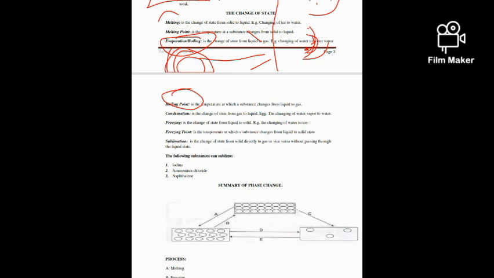Okay, we also have what we call condensation. So condensation is a change of state from a gas to a liquid. We need to understand that that is what we call condensation. We've seen a number of times where we have gases. Maybe when you wake up in the morning, you look at your window, you find some gases that are present there, maybe steam. Afterwards, that steam will be changing into